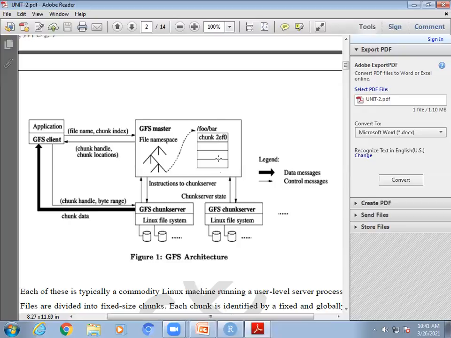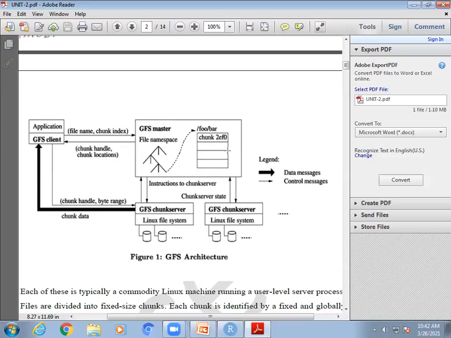But this GFS master should always be a highly reliable server. These are expensive, highly reliable servers. Why? Because even if data is lost in a chunk server, as the data is replicated, you are not losing anything. But this data should not be lost: the details of where your data is stored, what the chunk server IDs are, how many places it is replicated, how many files are deleted, how many servers are down.